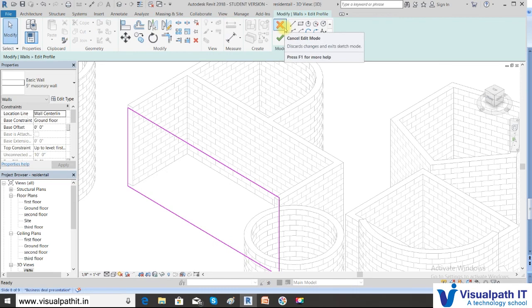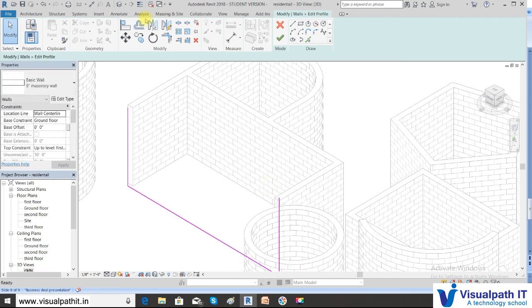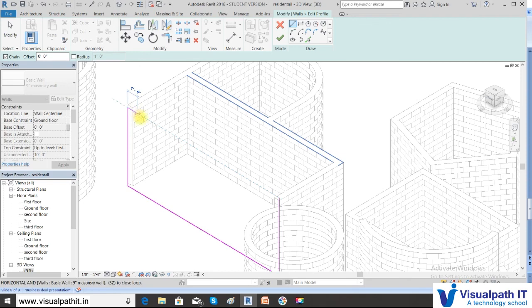You can see that the wall has changed into the sketch mode. Now I may want to edit this wall, so I remove the sketch, because this is 2D editing, so I delete that sketch and I want to draw my own shape. So how to do that? This is the editing mode which will frequently occur in Revit. Now I want to draw a line first, so click on the endpoint. Make sure you are following the reference line, otherwise it will show errors.